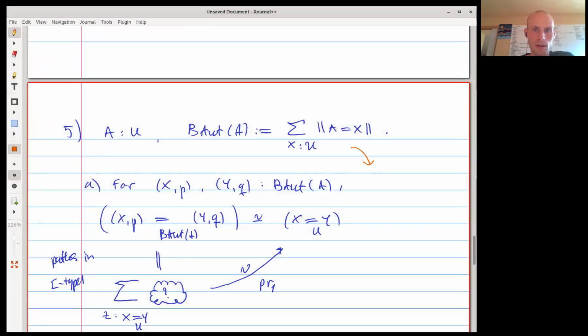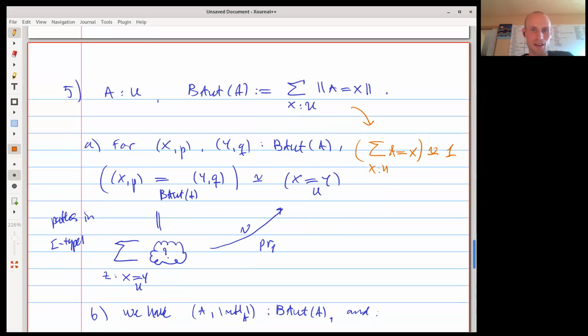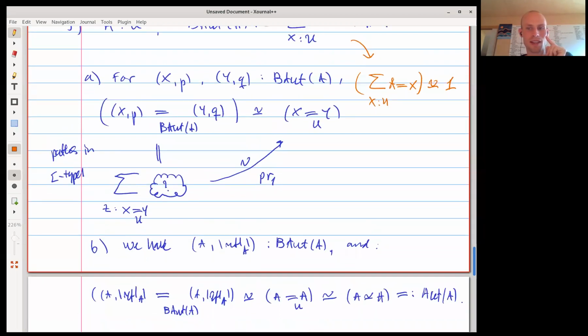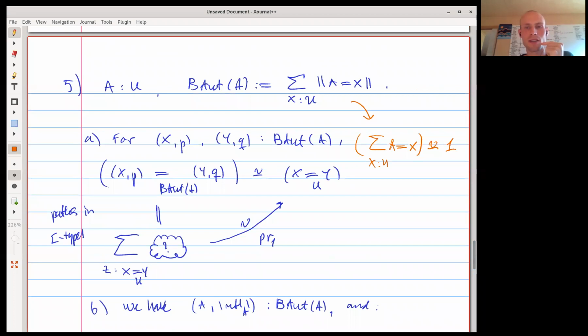If I didn't truncate, then the type would be this, A is equal to X, but that's contractible. So if I didn't truncate, it would be a contractible type. These path spaces would all be trivial. They would be contractible types, and everything would break down. Okay, but maybe they're asking, it's contractible because, well,